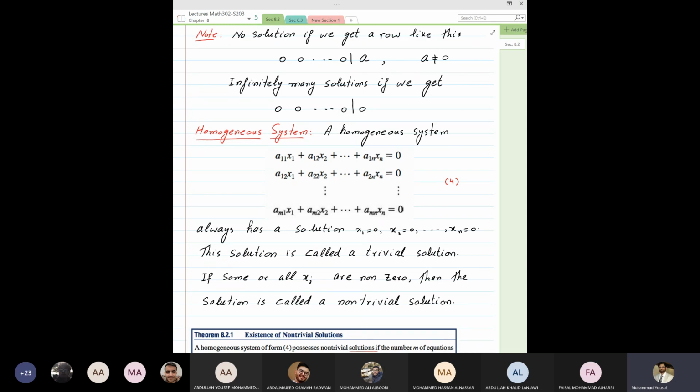Two planes mean two equations. They are parallel, not on each other, but above each other, and they are not intersecting. So we have two equations, three variables, no solution. But if it is a homogeneous system,